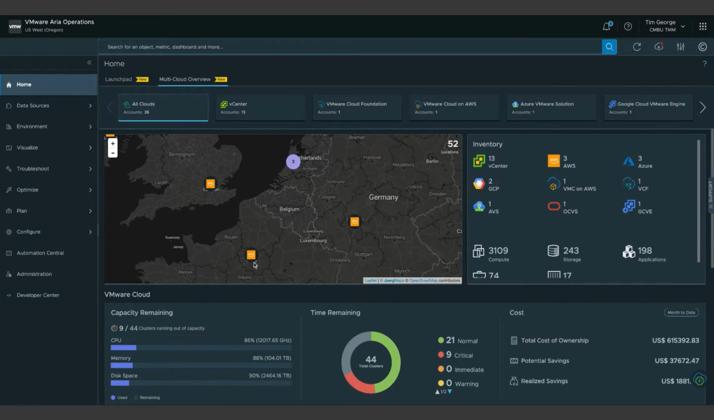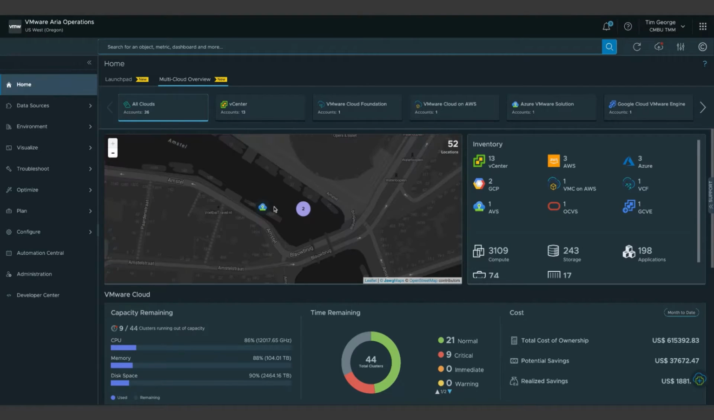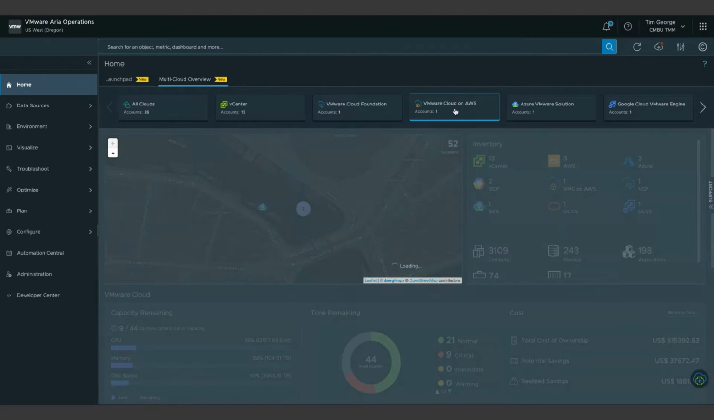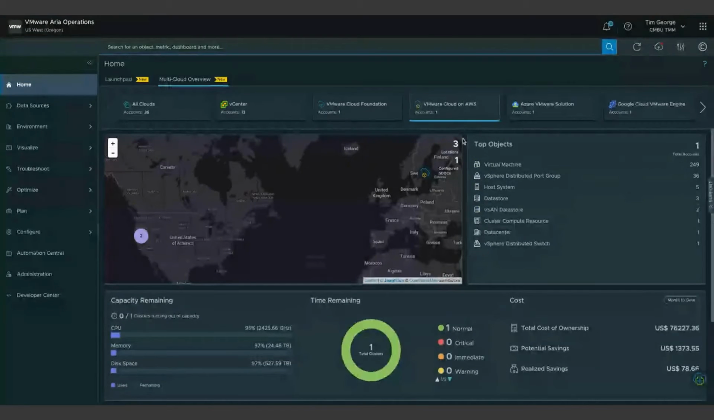So we've got all of our AWS accounts here, or a few accounts here in the Netherlands as well. And we can move through and click if we want to look at just our VMware Cloud on AWS. That's something we can do. And really how this pertains to